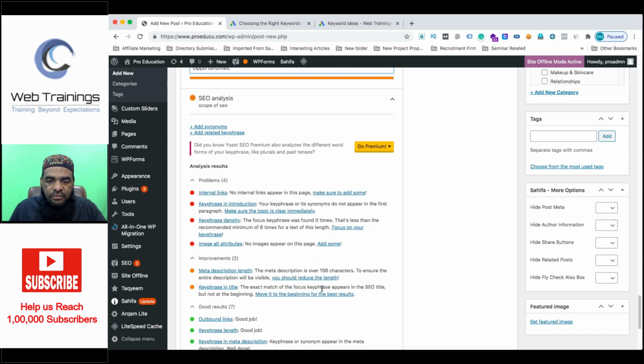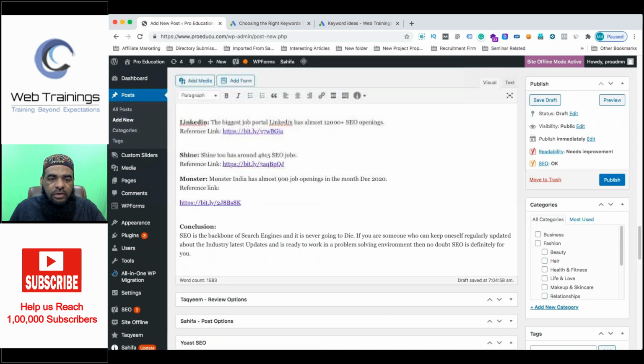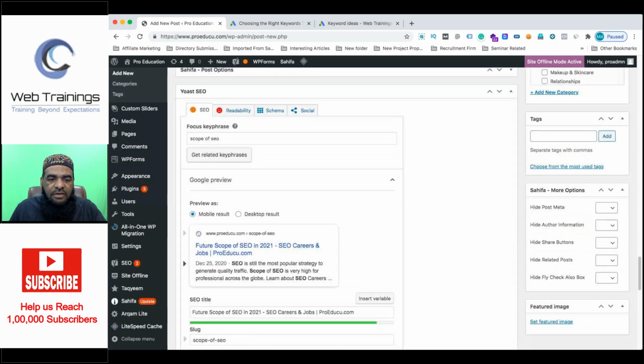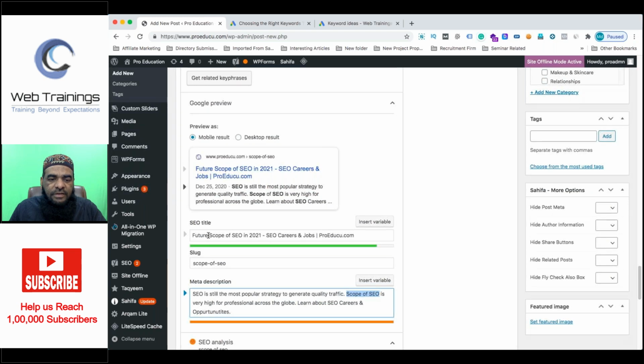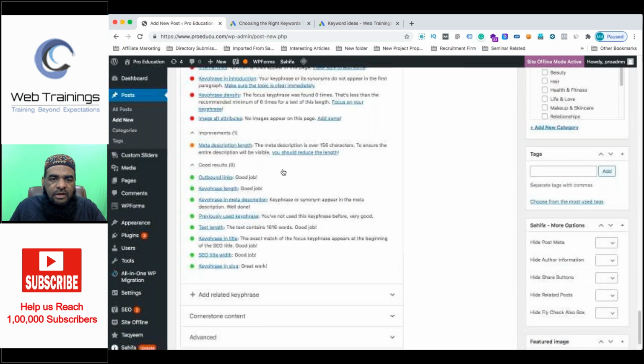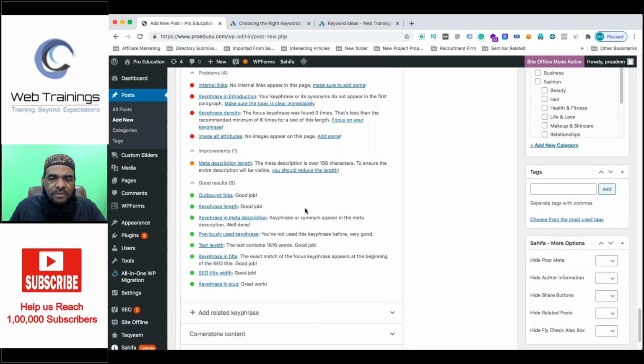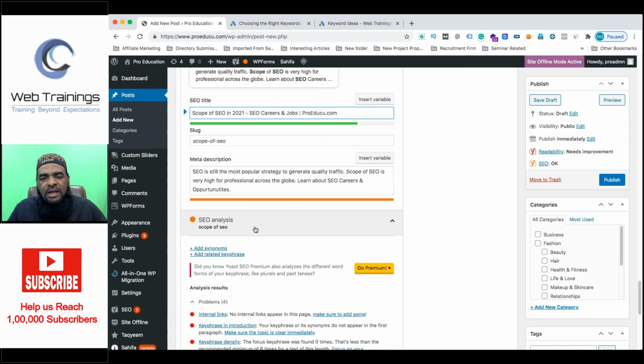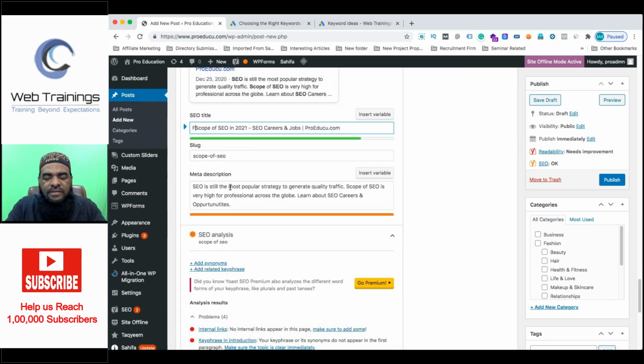Okay, "exact match of your focus keyword appears in the SEO title, but not at the beginning." What it's trying to say is that we have the words "future scope" there, so Yoast SEO is asking us to remove this. But fine, the words "future scope" are okay. If you remove them, that negative aspect would be gone. So sometimes we have to do a light adjustment, but personally I will say "future scope" is a good idea.